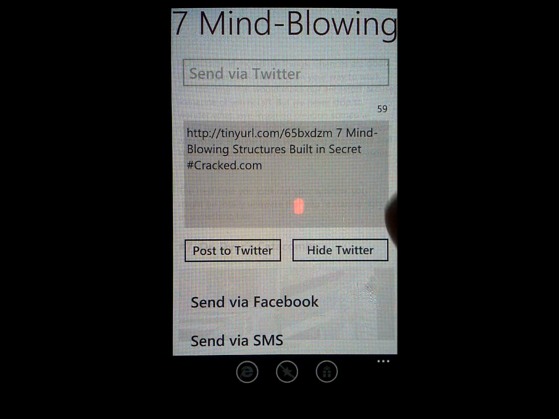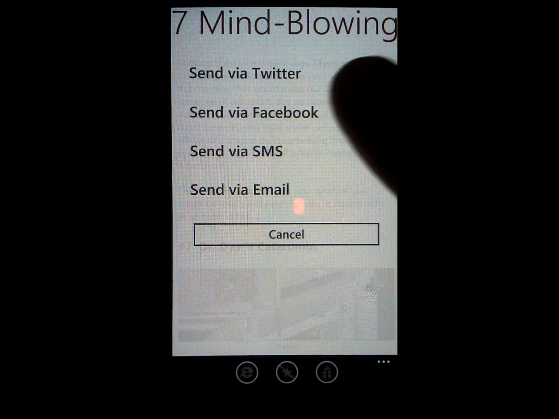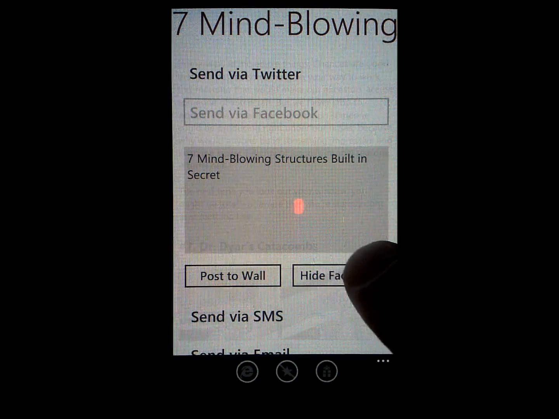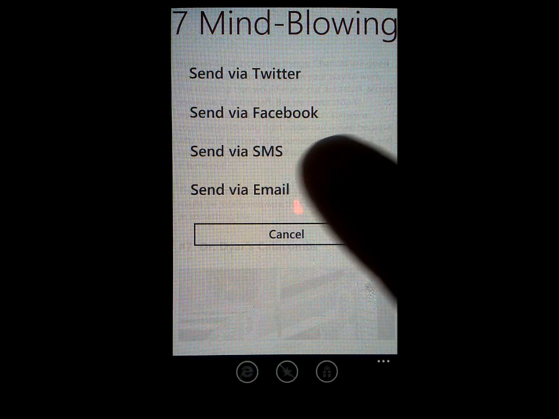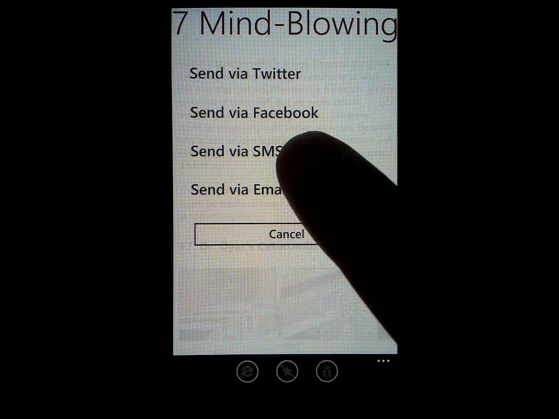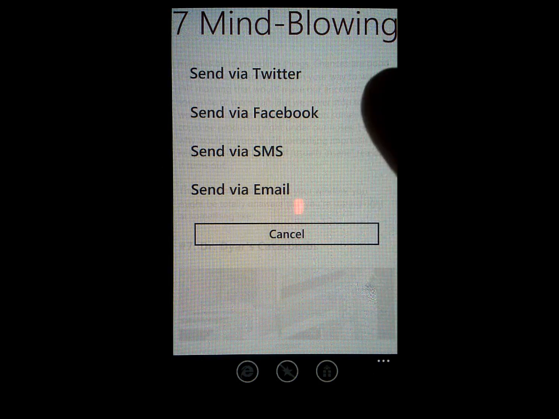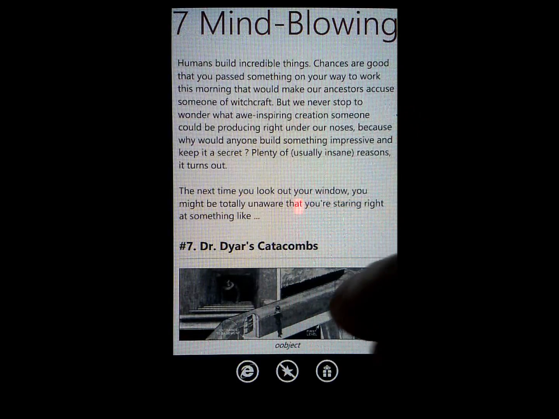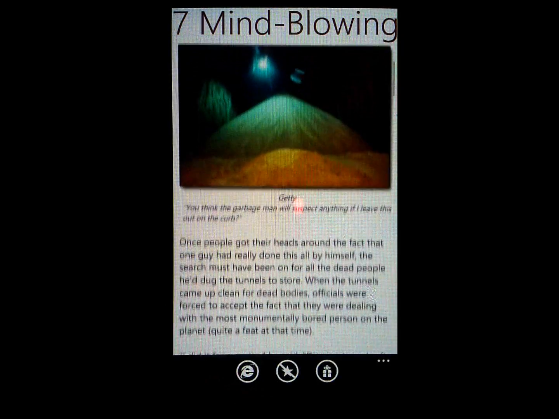You've still got 59 characters to write in that. I'm not going to bother with that. Facebook I believe is very similar, it's just the title and that posts a link to the wall. So they work. I can send by SMS and email, which are built into the Windows operating system already. So I'm just going to leave those. If I go back,